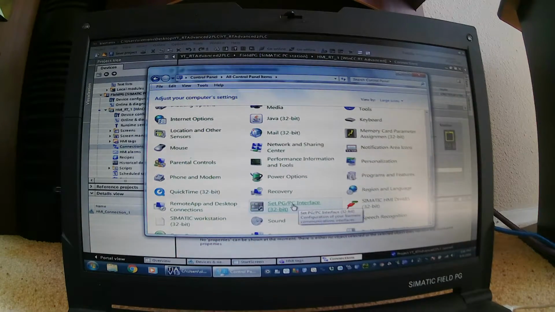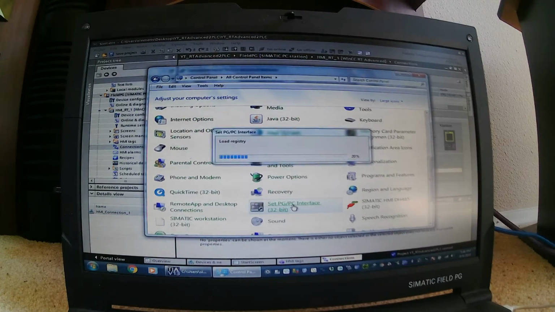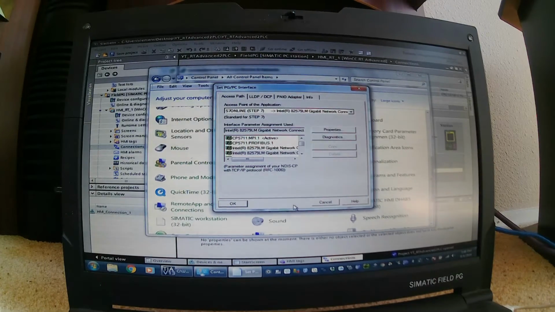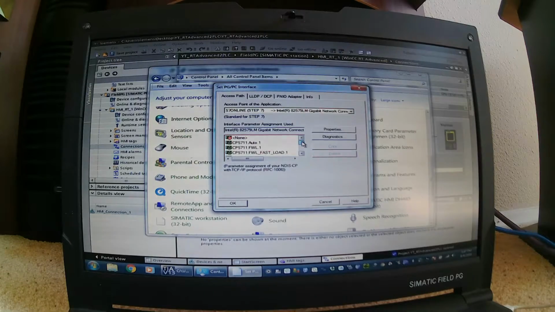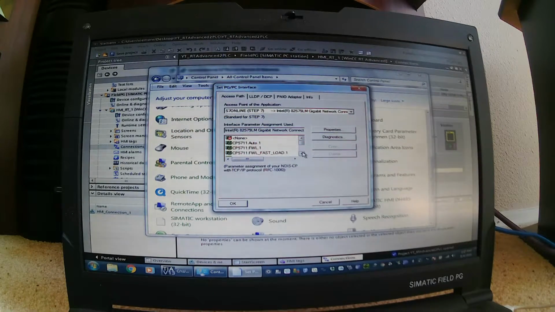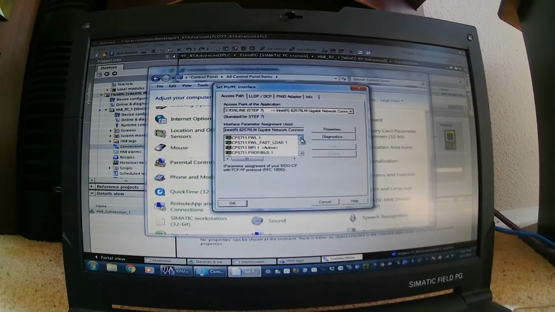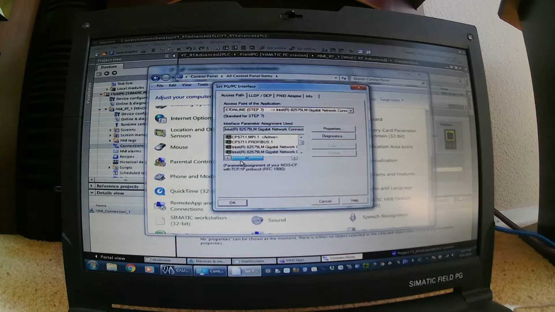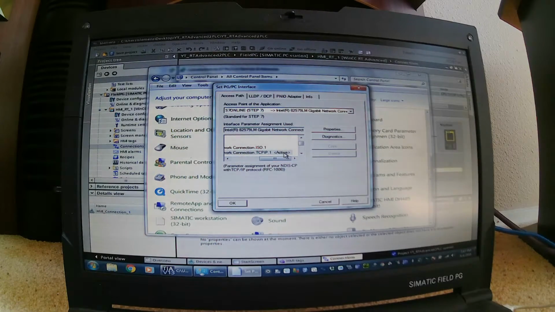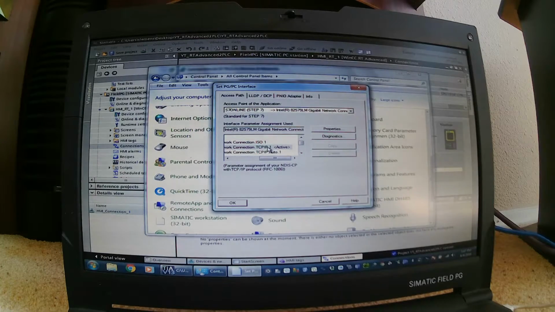You want to look for your set PG PC interface, so programmer PC interface. So even if you've been downloading to the PLC, this may be set to some outer space. It may be set for some hard code, other card, or it may be set for none. Portal will handle it for you, but when it comes to the runtime, you're going to need to actually assign it. So I am using my Intel Gigabit network card to talk. You want to make sure that you scroll over to the right and make sure that it is one of the TCP IPs. So you'll notice I can either do auto or I can just do TCP IP. The first one in the list is ISO, and that would be if we were trying to talk via MAC address. So we want to select TCP IP,